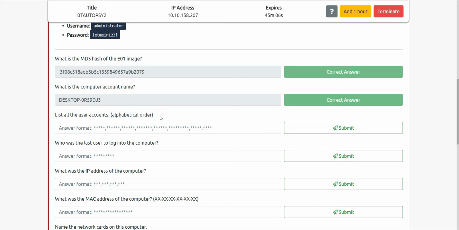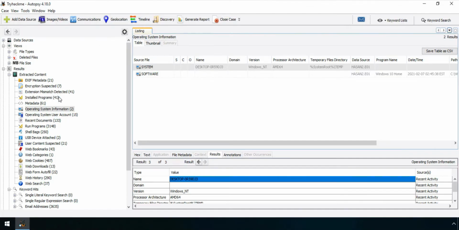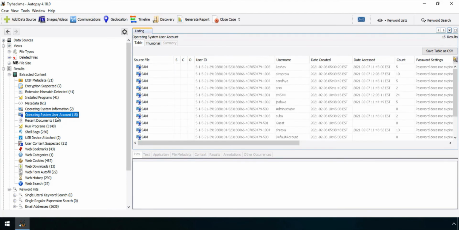List all the user accounts in alphabetical order. As I gave you the information, here we have the operating system user accounts. Before this, I really want to say that this Autopsy application is very powerful for manual analysis.